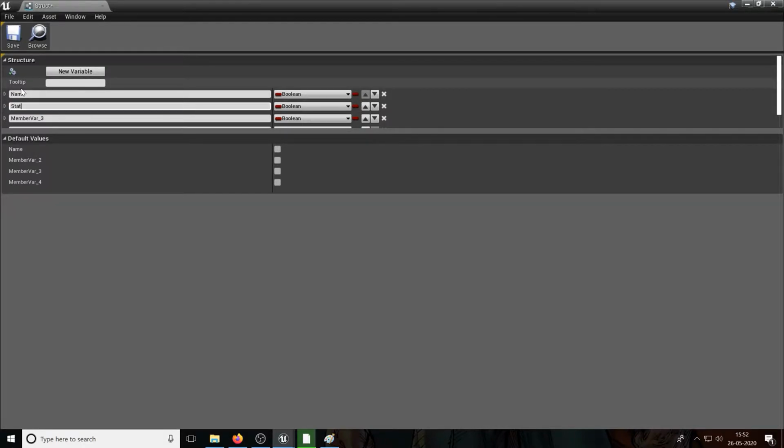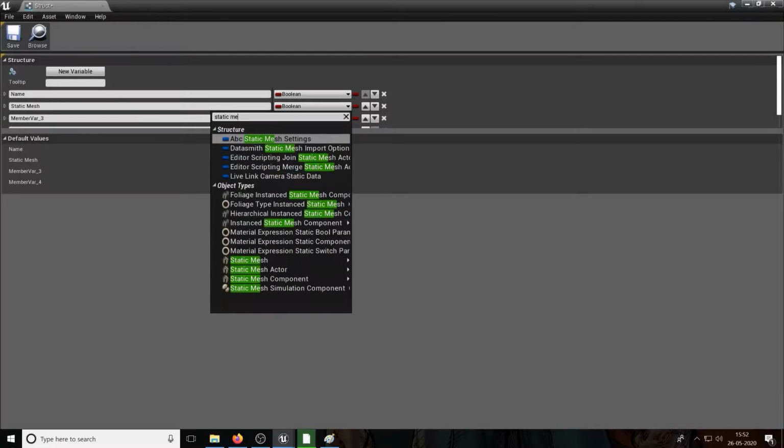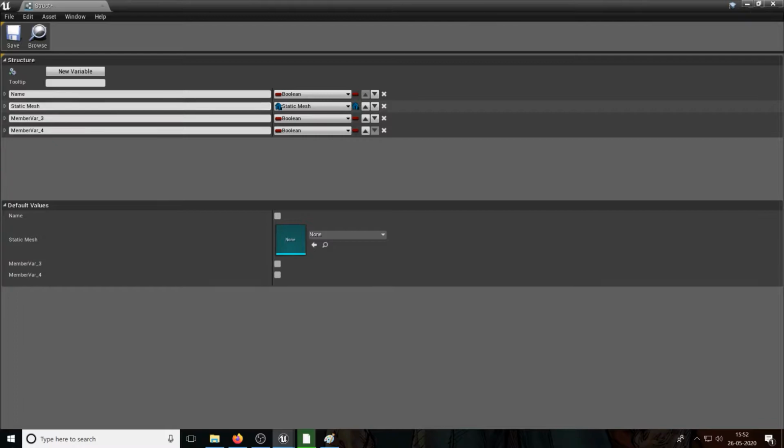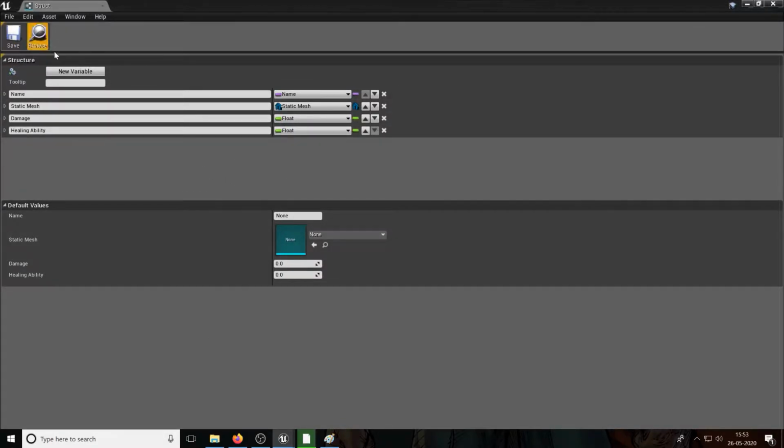Name, static mesh. Let's make this static mesh. Let's drag this down for you guys. Right, these are default values. Name, static mesh, damage, something else, maybe healing ability, whatever you want. Make this name, float. We can do fun stuff like this, and when you have a structure like this, what you have to do